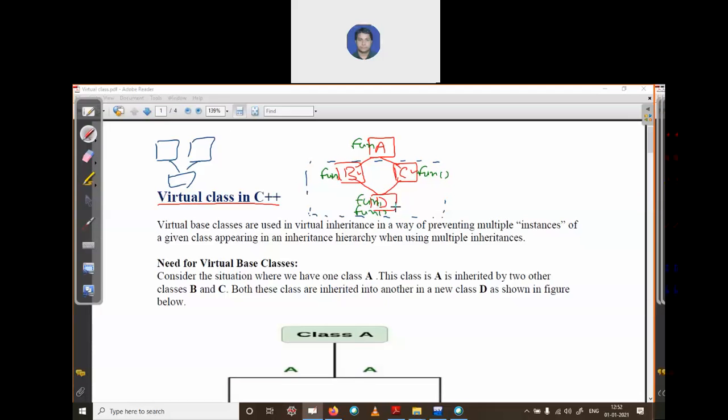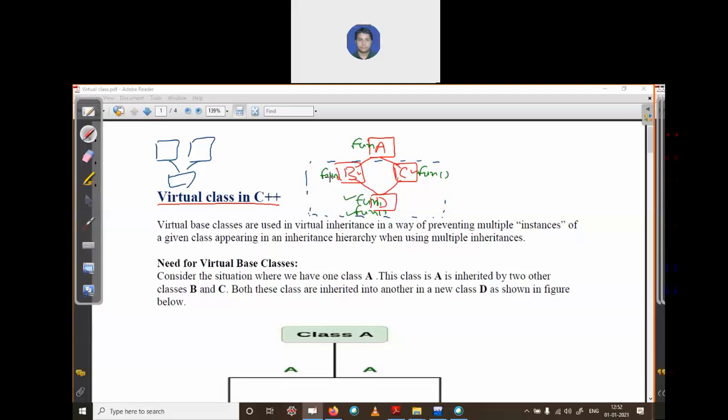Is this not possible in C++? In C++, in the same class, two functions with the same name are not possible. You cannot write the same function twice in the same program, and you cannot declare two variables with the same name. So how can we solve this problem?